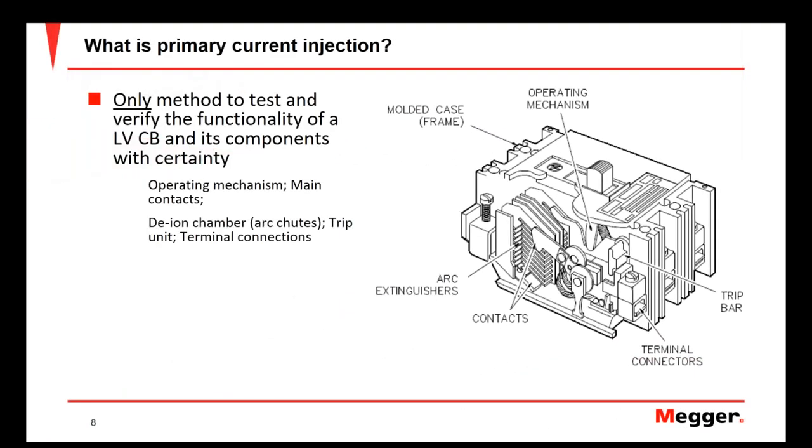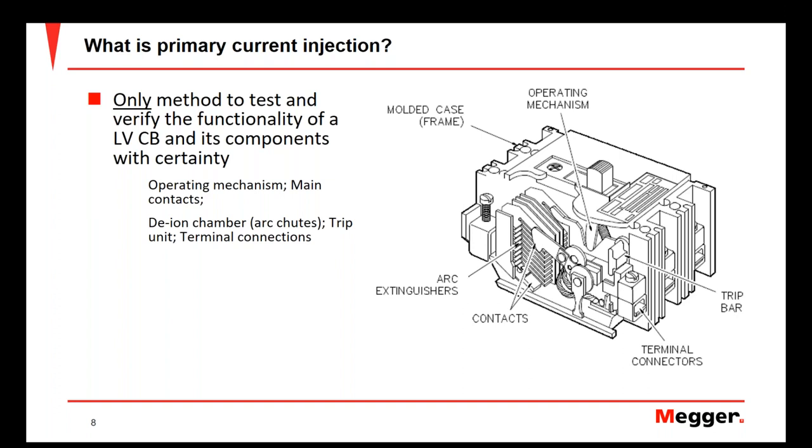So what is primary current injection? Well, primary current injection is the only method that we can effectively use to do a functional test on circuit breakers and some other components. We'll talk about that here in a second. However, it's the only method that we can use to verify that all the mechanisms within a circuit breaker are going to operate as intended